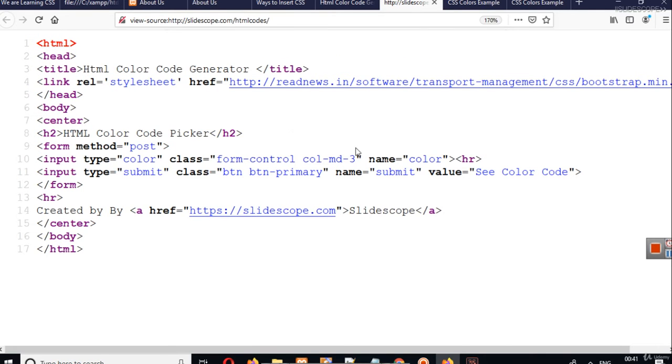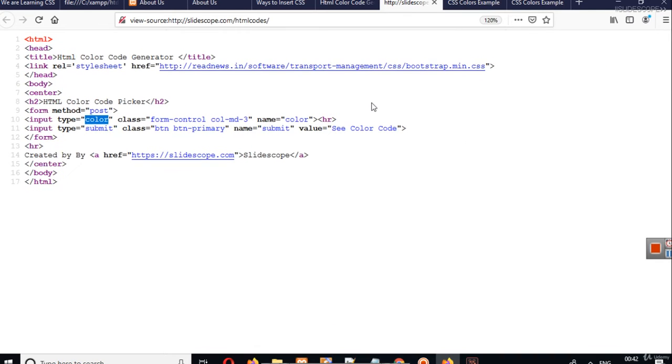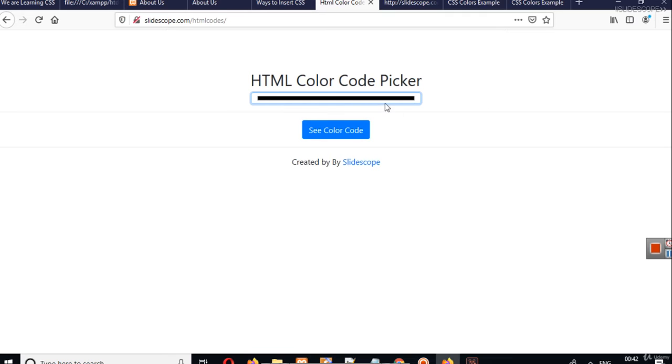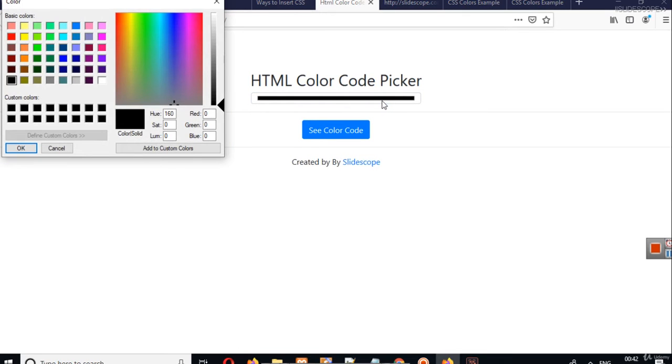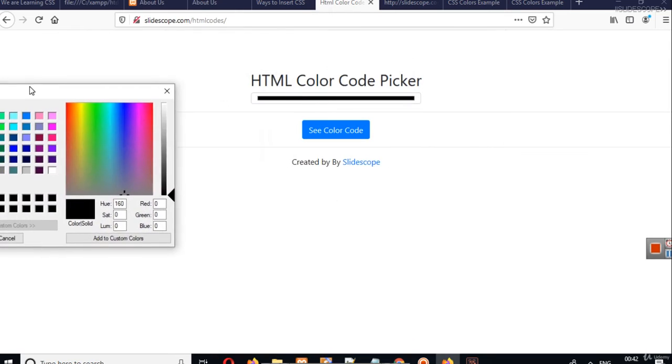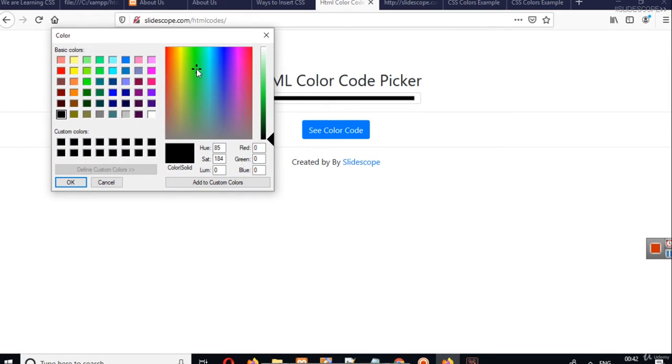So here you can see that input type is equal to color. When you write input type is equal to color, your input will be made like this, using which we can choose colors. Now suppose I have to choose a green color here, and this is the arrow here. So here you can see the color.